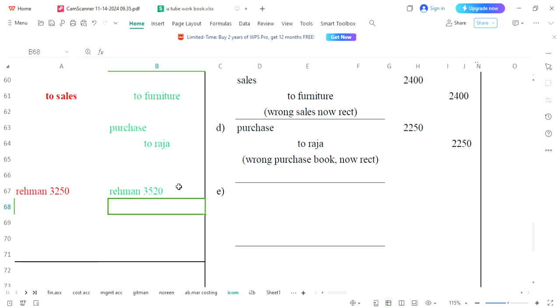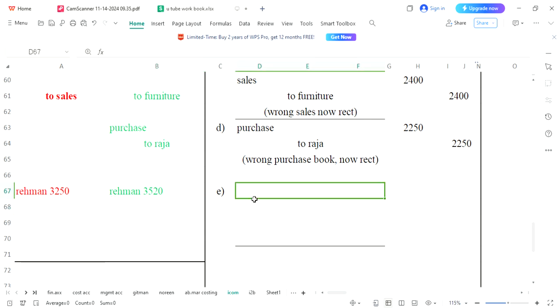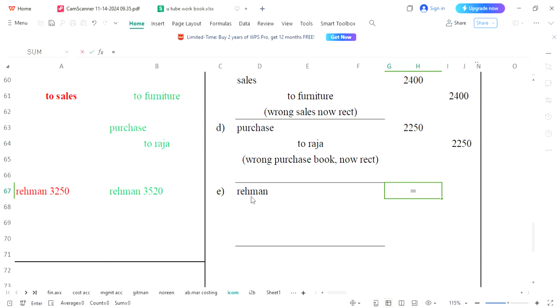Original amount was 35. By mistake written 32. Less amount is written, undercast. In undercast, we will do the same thing. Rahman is written on debit. So you will write Rahman on debit side. How much amount you will write? Difference of these two amounts, 3520